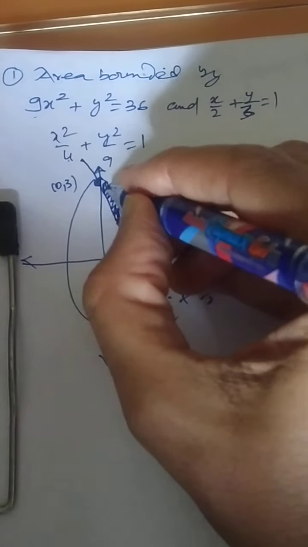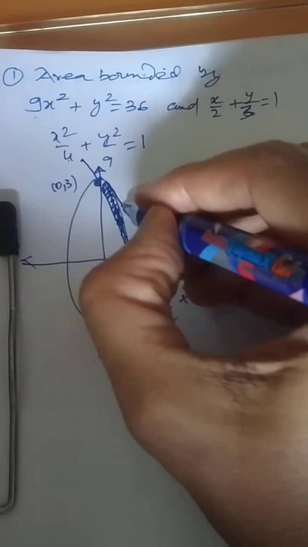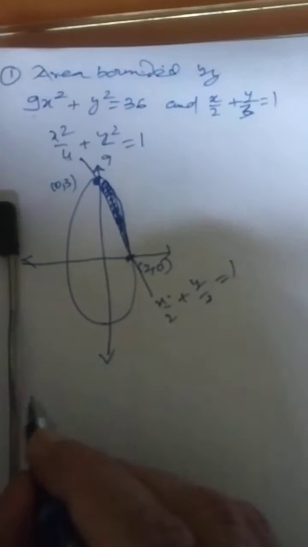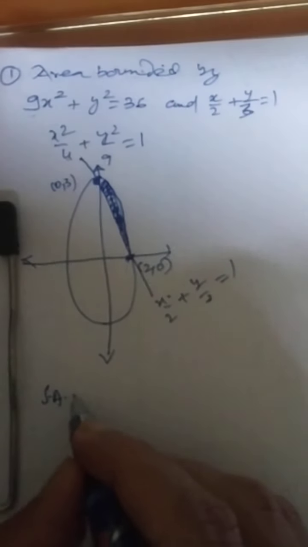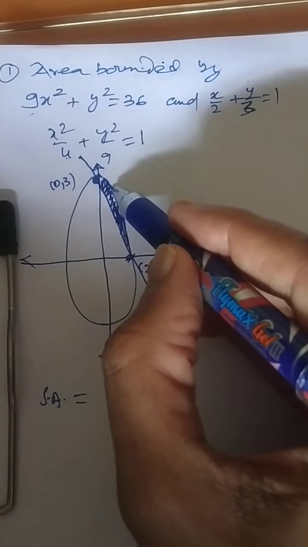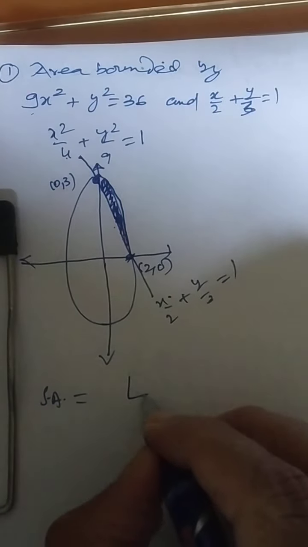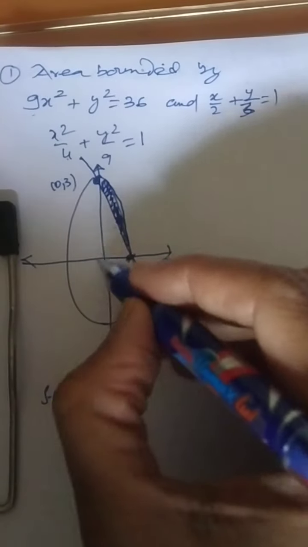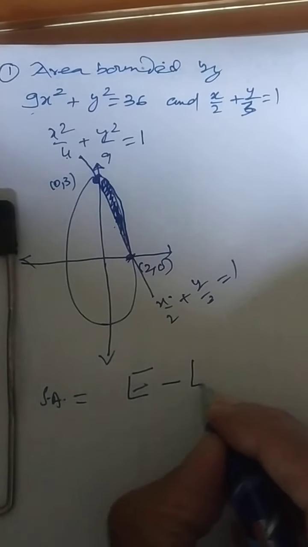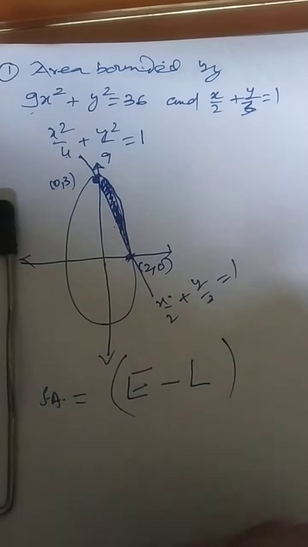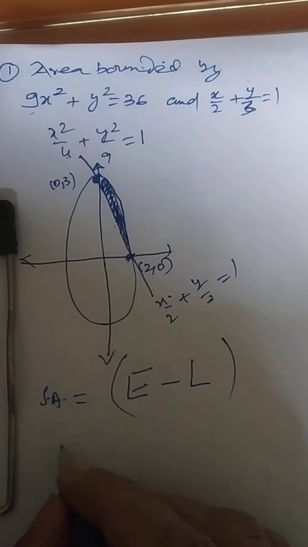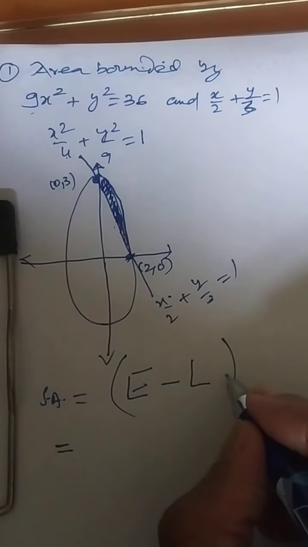Is it the area bounded with the x-axis or y-axis? We cannot say that. Now this shaded area, if you want to calculate, then under the ellipse more area is there and under the line less area is there. So ellipse means you will be getting the whole first quadrant, minus the line. This is the approach I should apply: ellipse minus line. This is for our understanding.